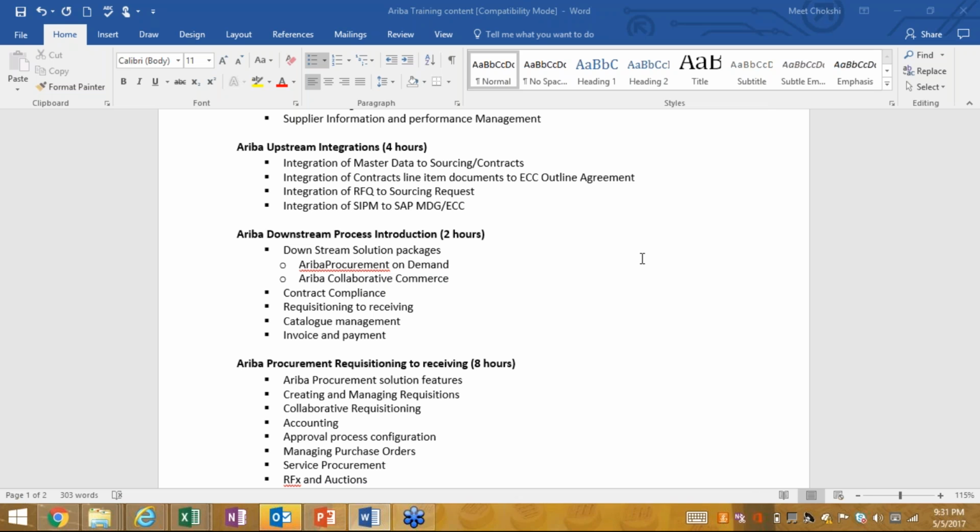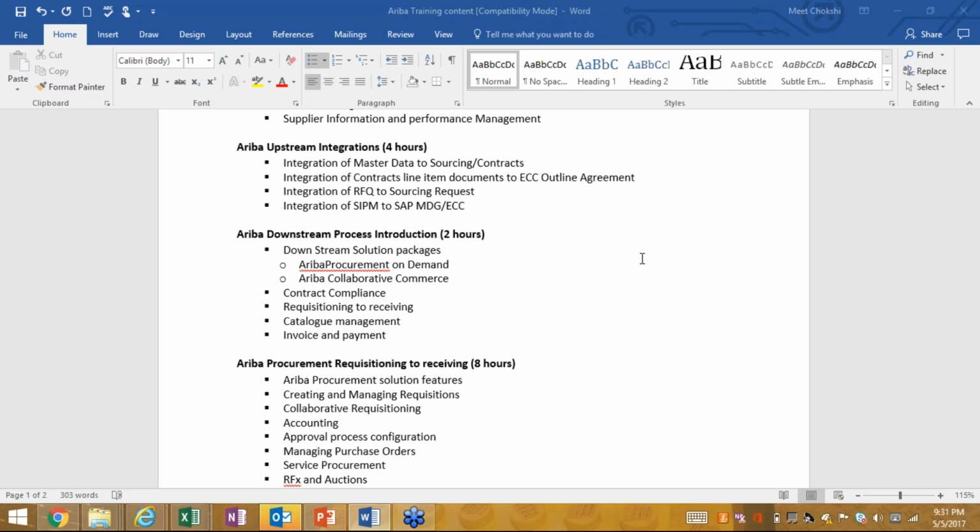So it depends, right? Ariba comes with a lot of products in itself. If you say upstream, which product do we need to specify, right? It comes with sourcing, it has contracts. So every product is different. It's like a module in SAP. So depending on what landscape the customer is in, the customer can select the module which they want to implement.